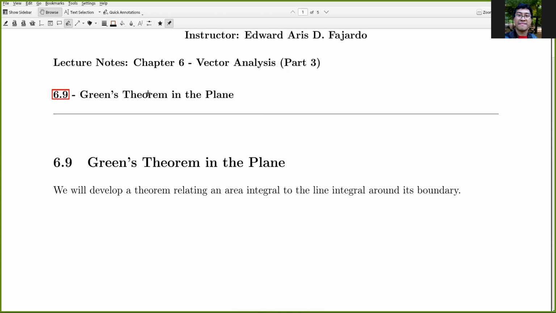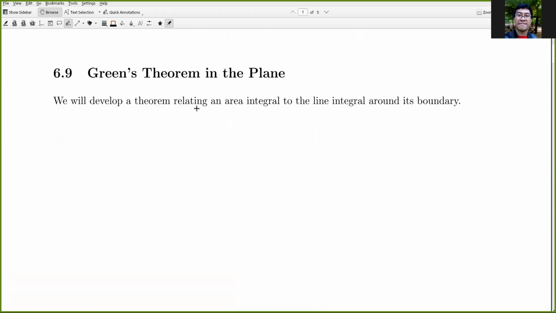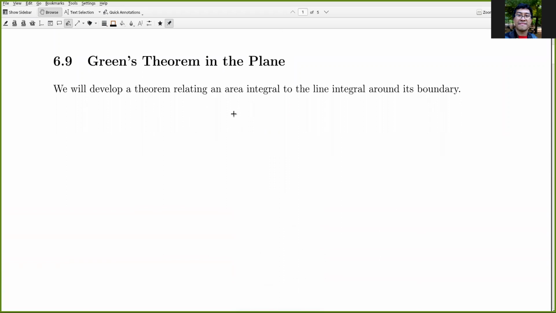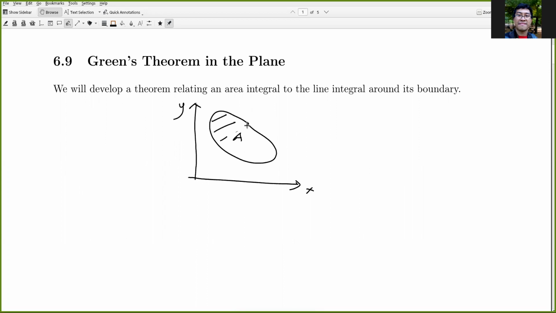Today let's talk about Green's theorem in the plane. So we will develop a theorem relating an area integral to the line integral around its boundary. So for example, if you have a figure, say like this, on an xy coordinate system, this region, let's call it area A, so this part here,